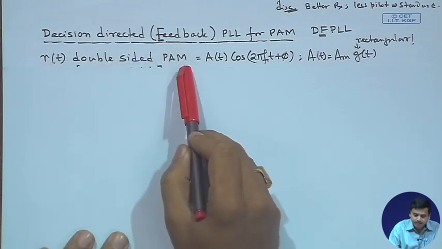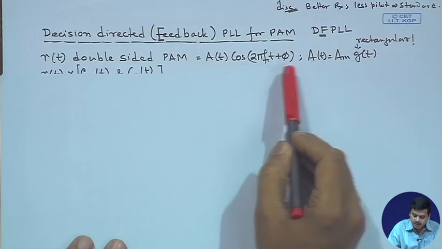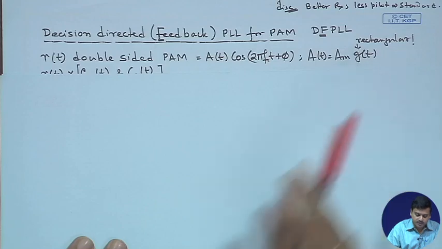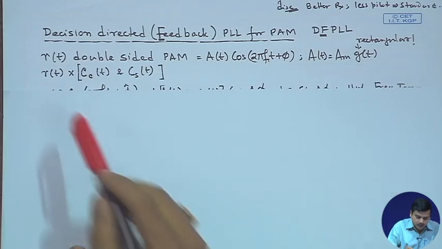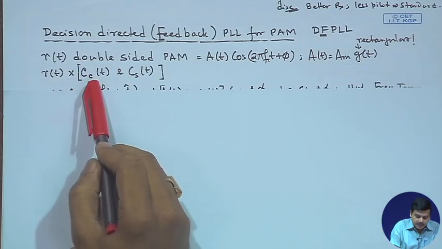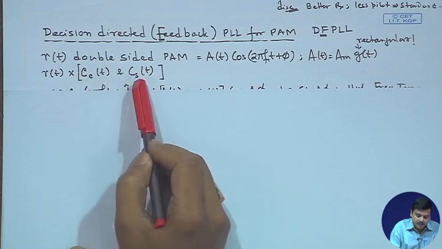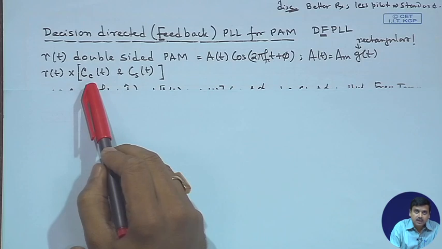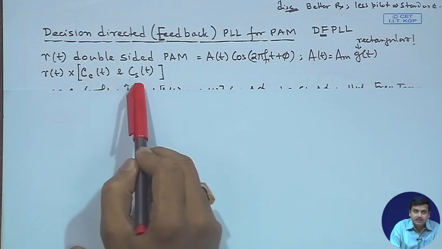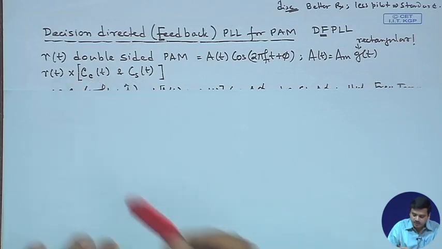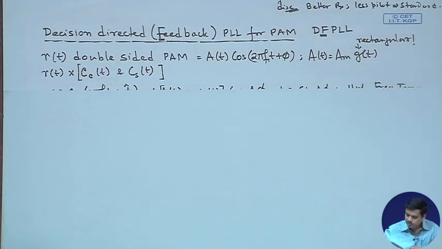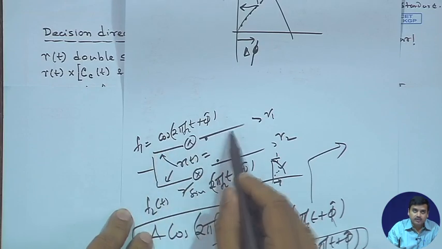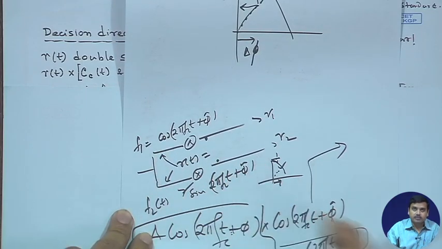So, the PAM signal is A(t) cos 2 pi f_c t, and A(t) is A_m g(t). That is how we have this particular signal. The received signal is multiplied by a cosine carrier and a sine carrier, that means c indicates the reference carrier at the receiver, sub c indicates the cosine and sub s indicates the sine. That means, as we have always drawn, you get a signal, you multiply by a cos and you multiply it by a sine,